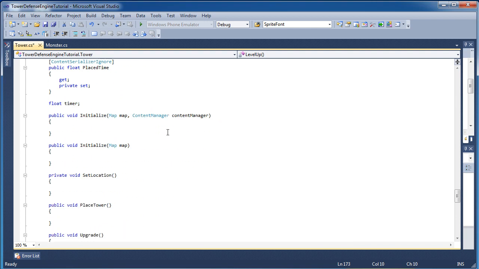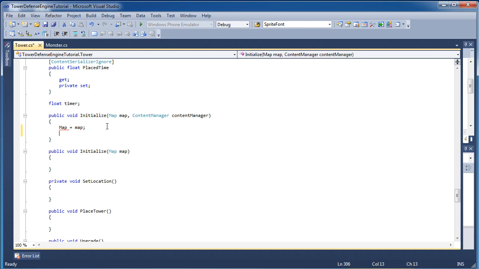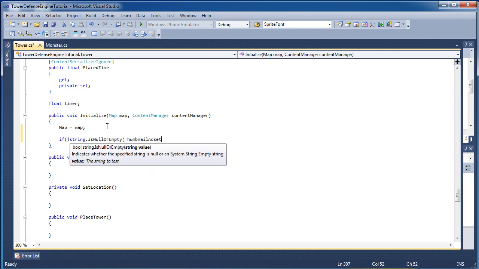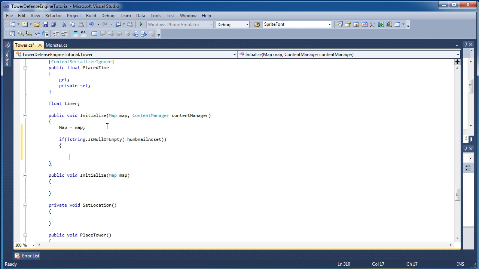Alright, so that method is done, so scroll towards the very bottom and you will reach the initialize method. Let's go ahead and get that started. Initialize is going to be called, and we're going to pass it the map. Our map is going to initialize our tower. So we need to make sure our tower is aware of the map, and then we need to check if not string.IsNullOrEmpty thumbnail asset. So if the thumbnail asset is not null or empty, we need to set the thumbnail texture